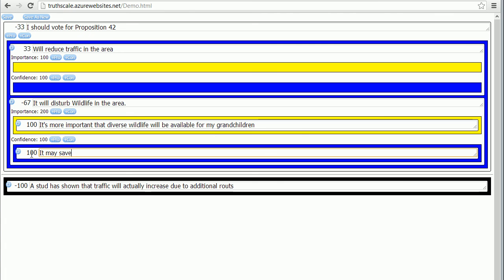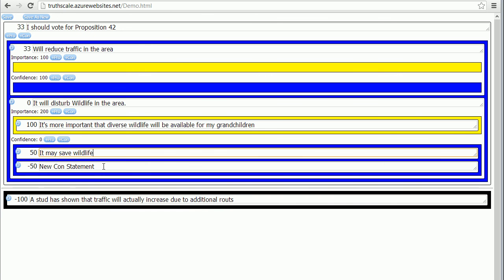It may save wildlife. And then we can put a con saying studies have shown that wildlife is not disturbed by elevated roads, which this would be.